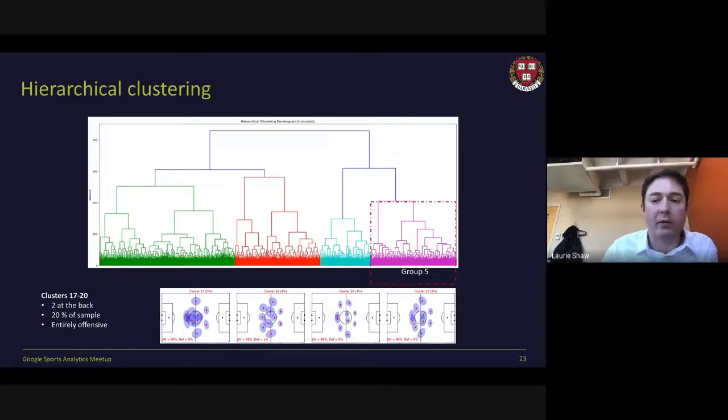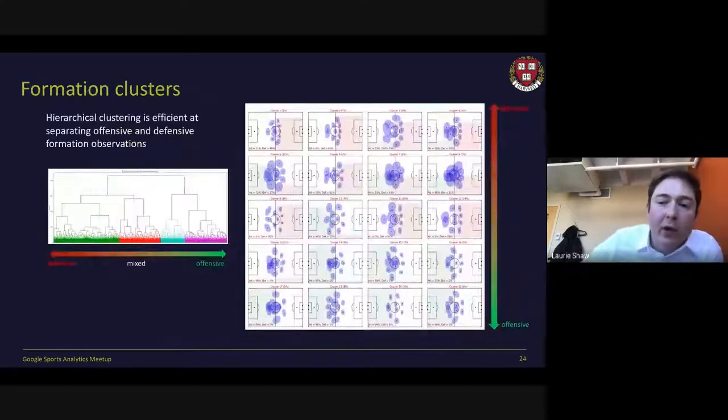And group 5 you could call almost 2 defenders at the back. Again, the outside defenders here have pushed up into midfield, and we have variations again in the structure of the forward line, particularly either 3 or 2, 3 or 4 forwards. And these are almost entirely made up of offensive formation observations. So here's the full set of 20